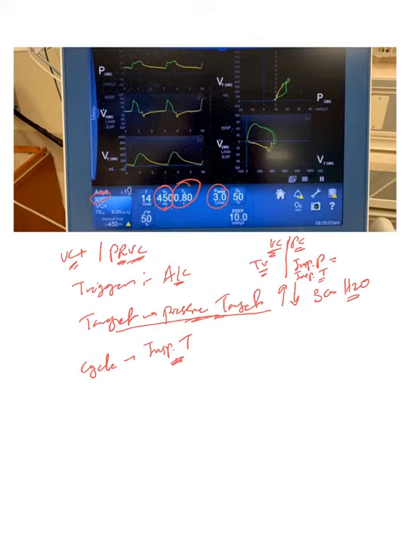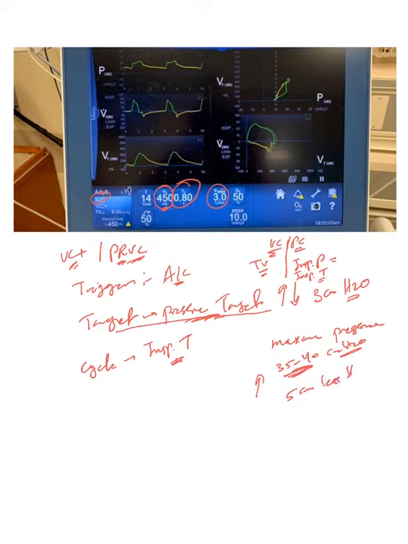One thing you don't see here, but you need to set initially when you put the patient on pressure regulated volume control, is the maximum pressure or inspiratory pressure, the maximum target here, usually 35 to 40. Don't go above 40 centimeter H2O. The ventilator usually uses this cutoff, saying okay, I know my limit. If I need to go up on the pressure to maintain the tidal volume, my limit is usually 5 centimeter